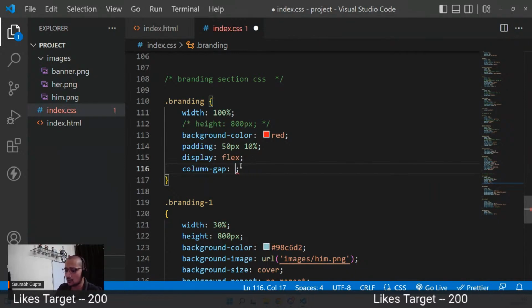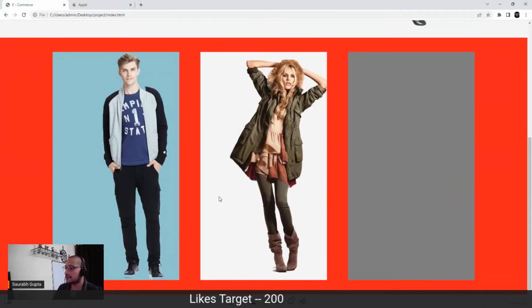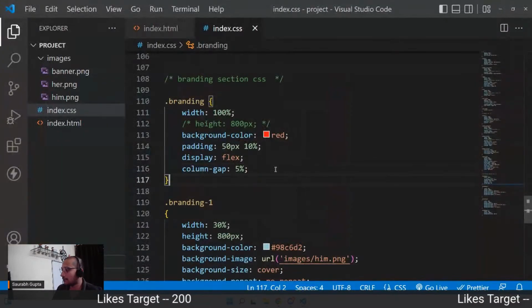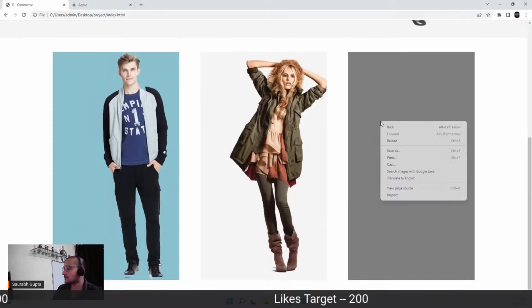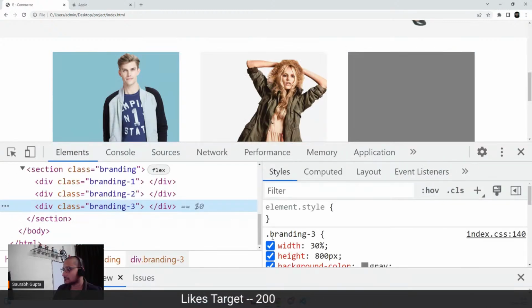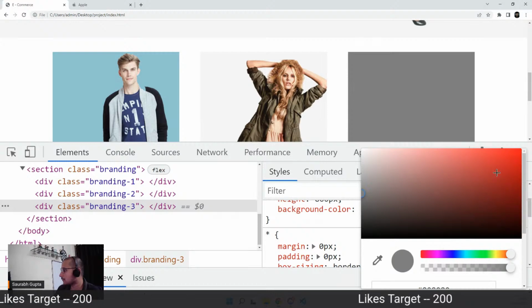Okay, look, there will be two gaps only, right? So 5%. Perfect. Like this. We can have. Now we can remove the red. And I can give some good color to this. Not exactly gray. So we can go for something like